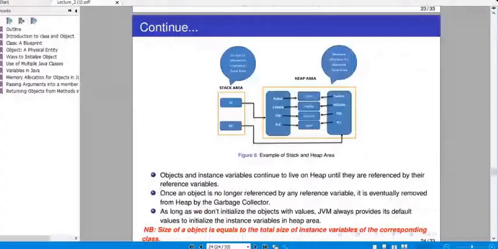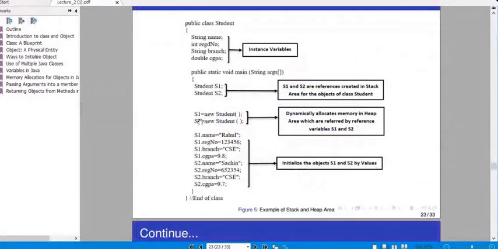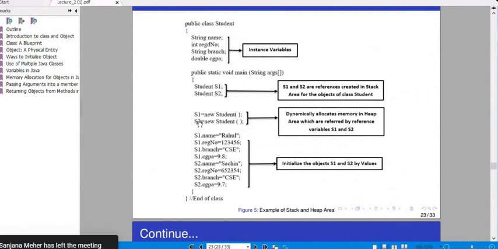Okay. After the statement S1 is equal to new Student, memory is allocated for the object, and S1 is referencing that object. Whenever memory is allocated, it is allocated for the data members, that is name, registration number, branch, CGPA. After this statement, if I write System.out.println(S1.name), what will it display? It is going to display null.